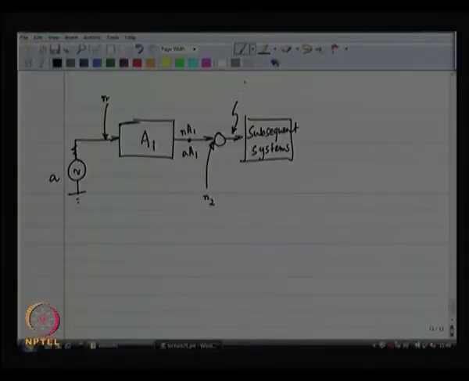So, the signal to noise ratio over here is a times A1 divided by n times A1 plus N2. N2 is a small quantity. Over here the signal to noise ratio is a by n. So, you can show that if A1 is large, if the gain of the first stage is large, then this is going to be approximately equal to a by n,